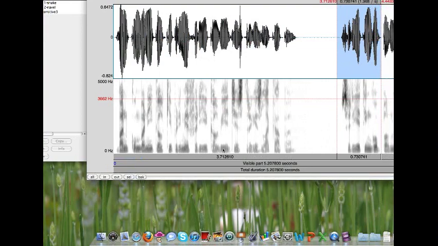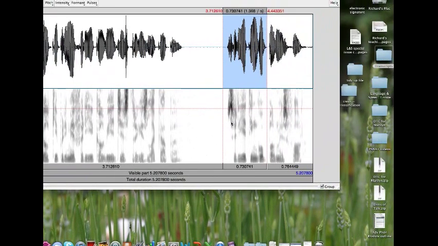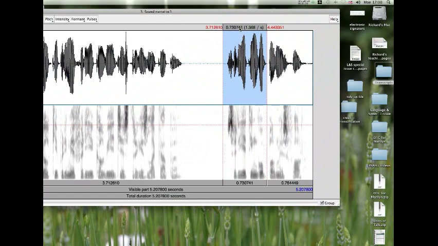But the other thing I want to show you how to do is how to extract parts of files and put them somewhere else so that you can work with them. This is quite simple, really. What you do is you highlight the bit you want to work with, so let's just take this part and listen to it. Seria tingut